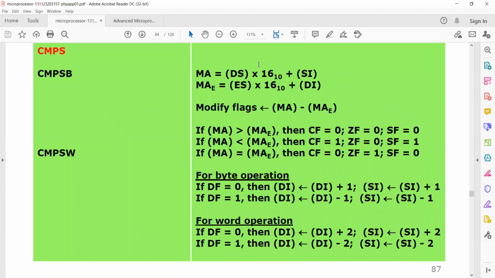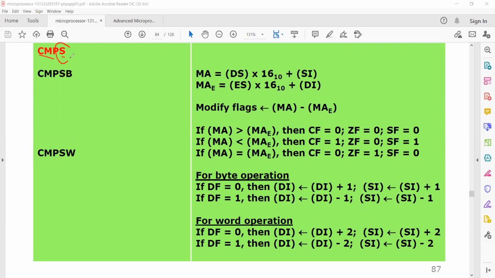Generally, we saw CMP in the arithmetic instructions. CMP means compare, and S means string, so compare string. The same comparison operation that was done in arithmetic instructions will be done here, but in place of numerics, we will have strings.